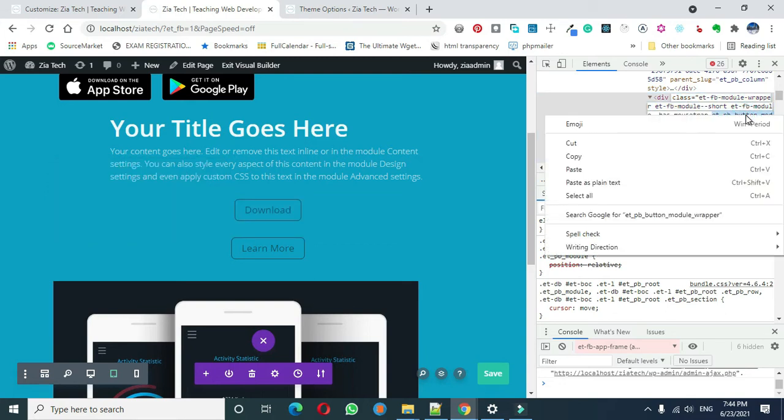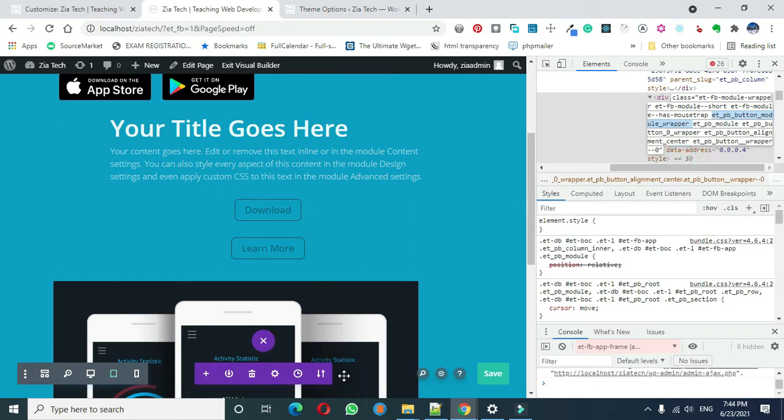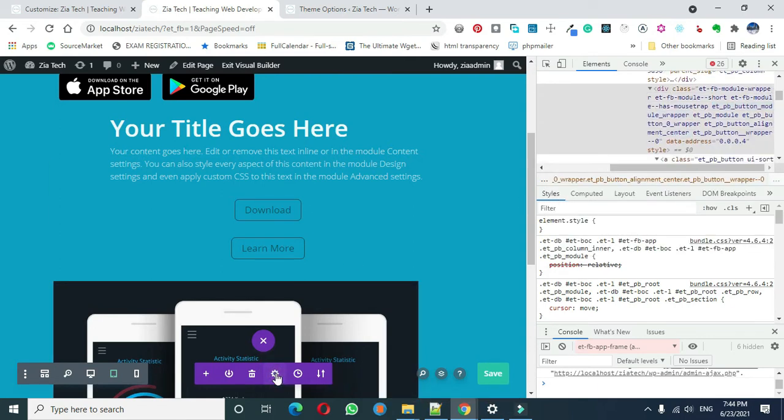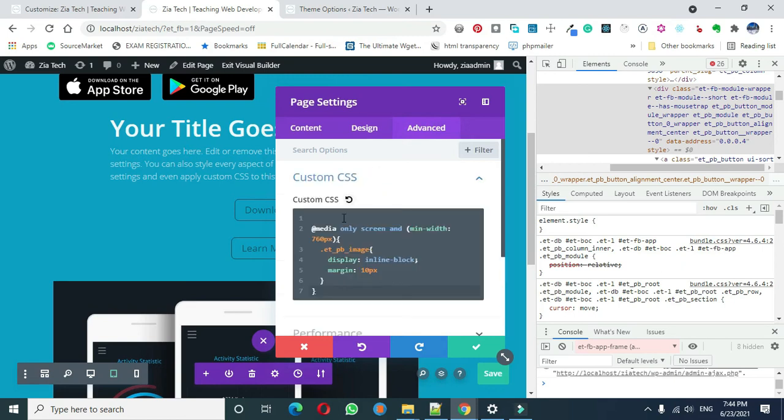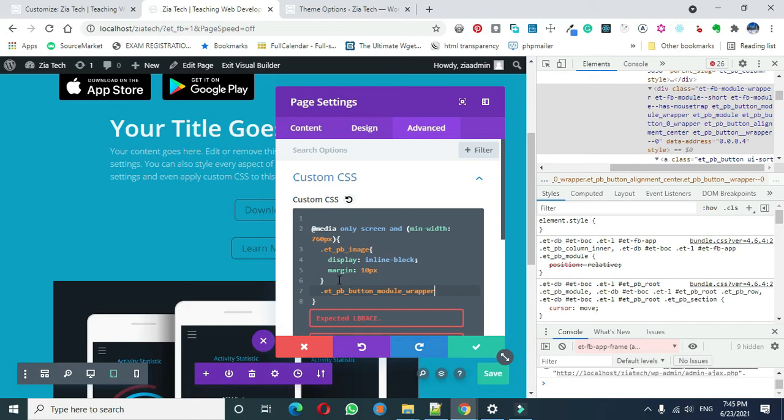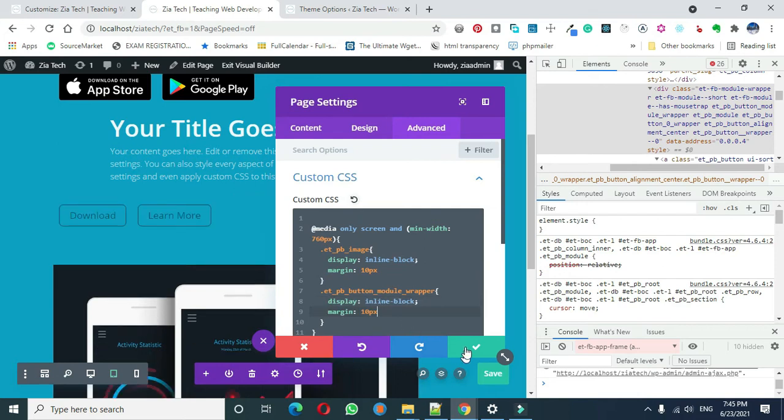Yeah, so copy, then I go straight to the page settings, and then advanced custom CSS. And this time we don't have to write the at media only screen again because it's already there. We just need to add this down. So dot, control V, and then yeah, you can copy these two rules, control C, and then paste, control V. So quickly save,